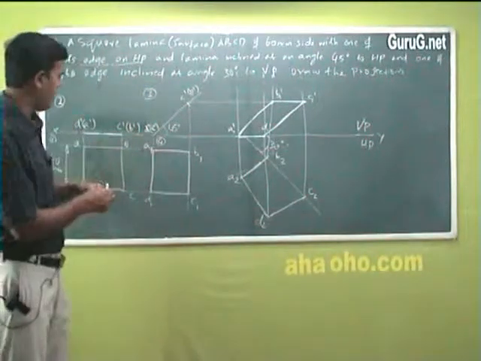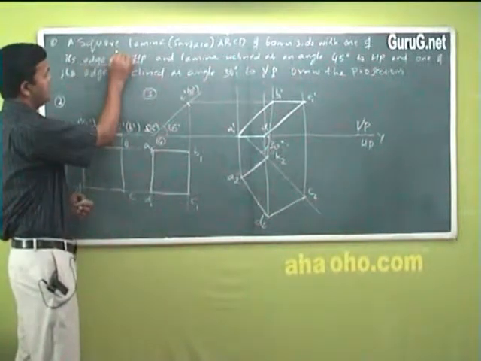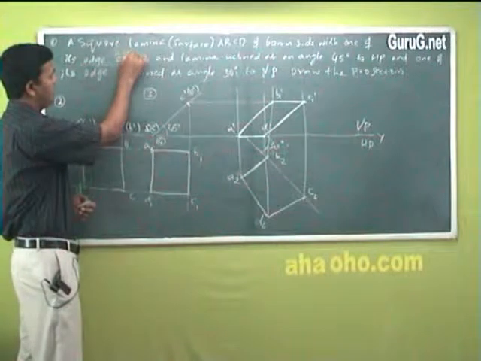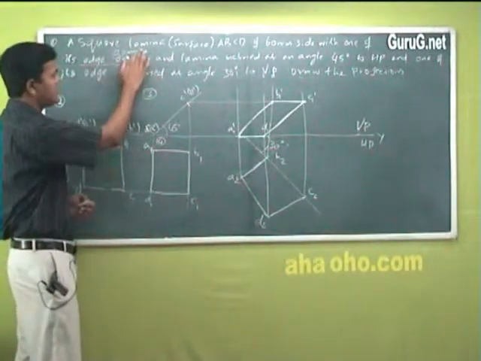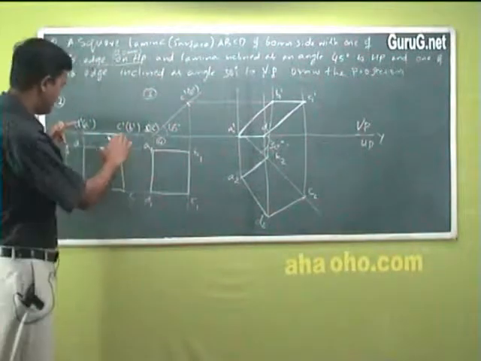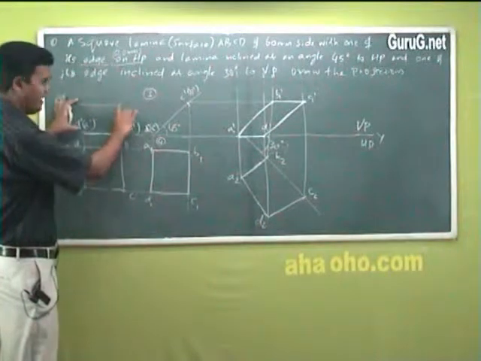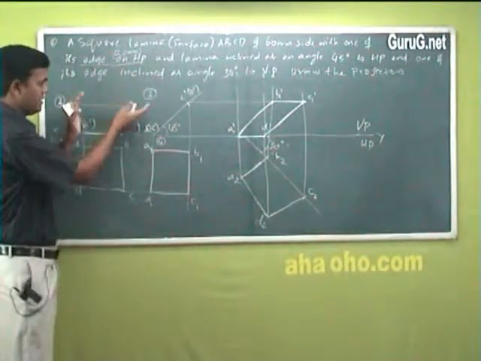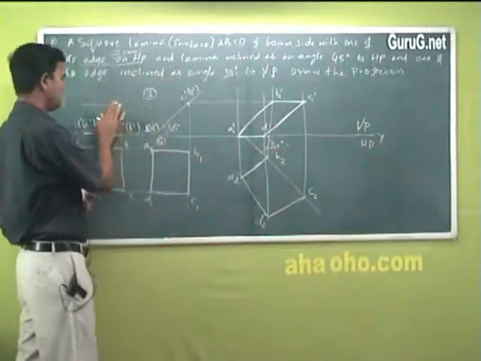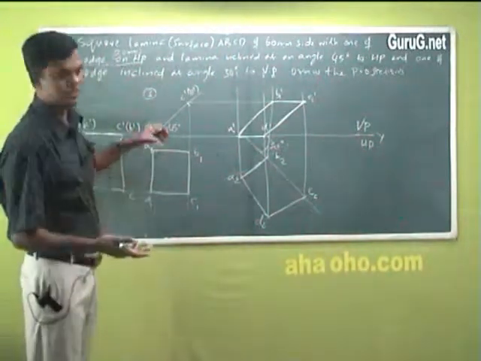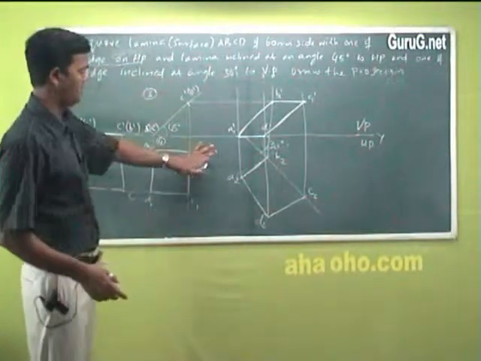Say for example, if it is given that one of its edges is, say suppose, 20 millimeter above HP. Just consider it is 20 millimeter above HP. What will I do? The same diagram, I can just shift it here, somewhere here, and a distance of 20 millimeter and start this work. The same thing, I can extend the line, and from this distance I can take. So that will depend on the questions. As this problem is considered, it is on HP and this is how it's done.